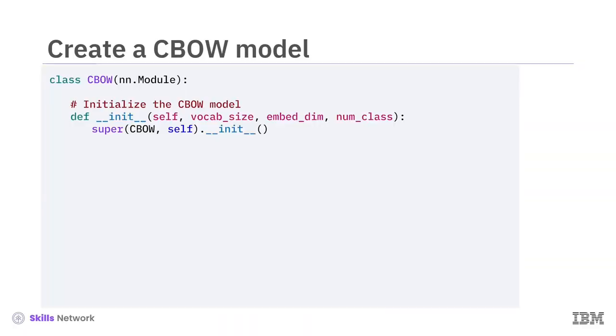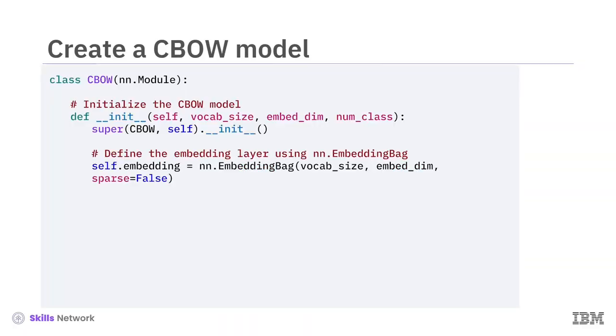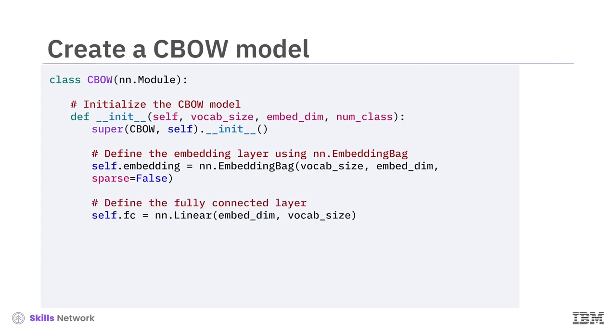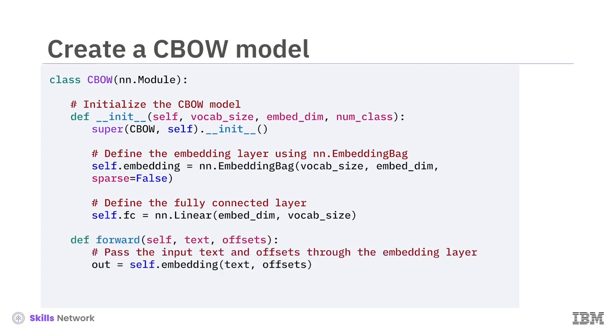To create the CBOW model, first you will initialize it. Then you will define the embedding layer using nn.EmbeddingBag, which calculates the average of context word embeddings. You will also configure the fully connected layer using self.fc with input size embed_dim and output size vocab_size. In the forward method, you will pass input text and offsets through the embedding layer, which retrieves context word embeddings